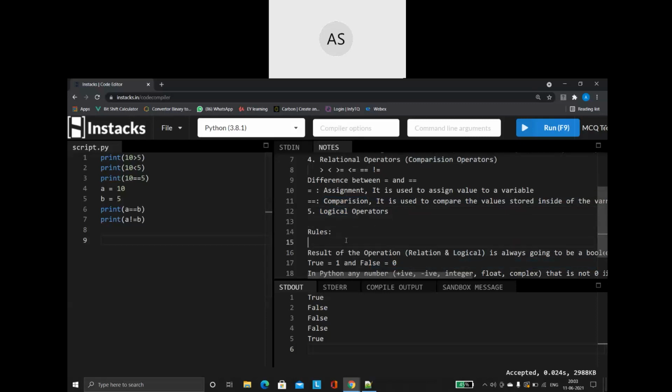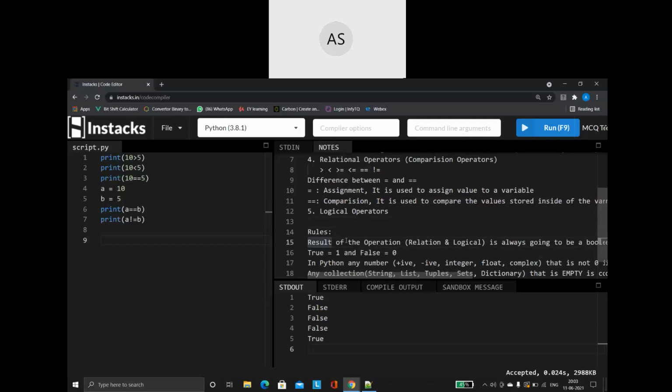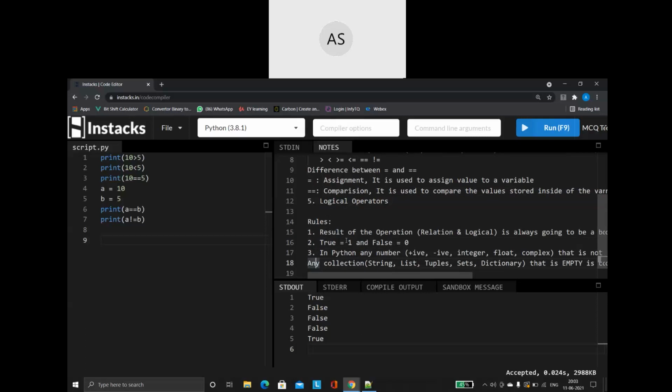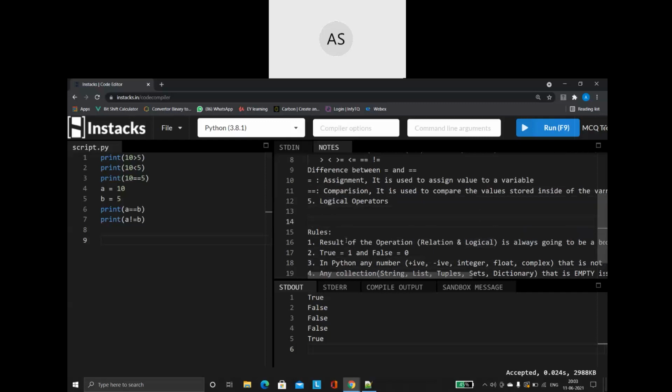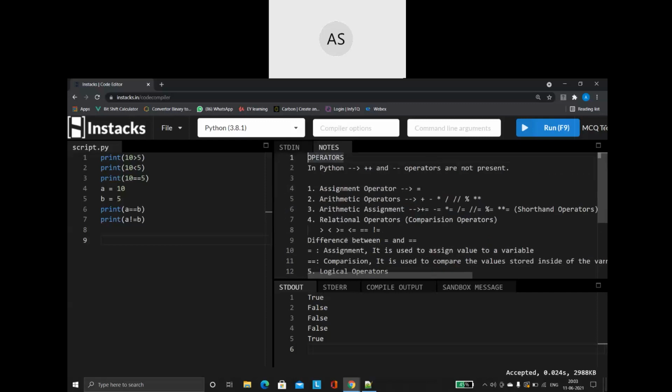Right. So now coming to this point. So what is the point says? Logical operators, first thing what you have to remember is we do not use symbols. For other operators, what we did, we are using symbols, plus symbol, minus symbol. So like that, we are using some symbols. But when it comes to the logical operators, we are going to be using the words directly. So no symbol representation. This is another difference. In other languages, we use symbol representation. Here in Python, we don't use the symbol representation. Instead of that, we make use of the word itself.